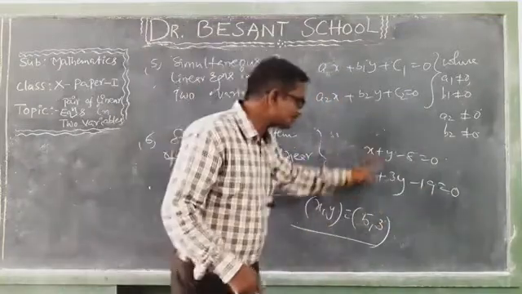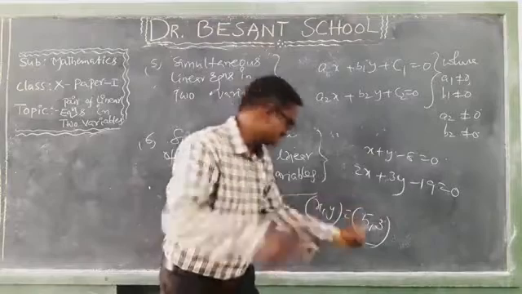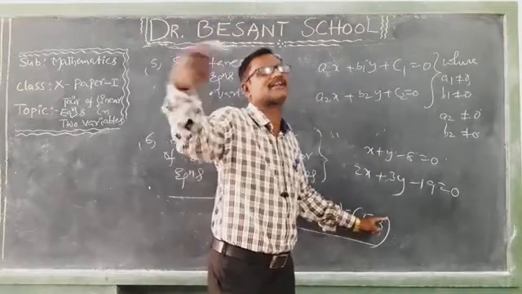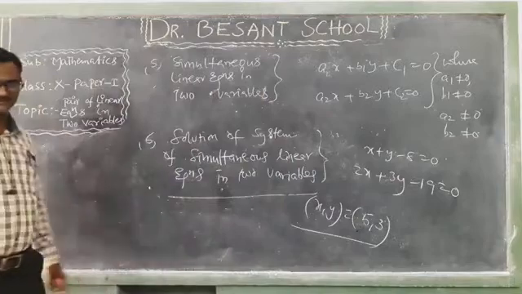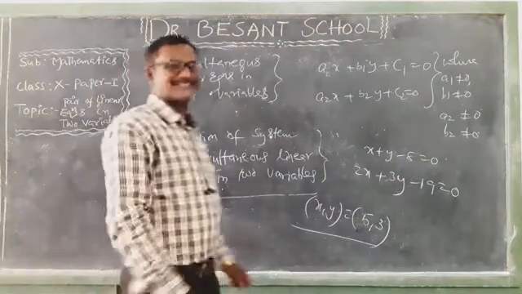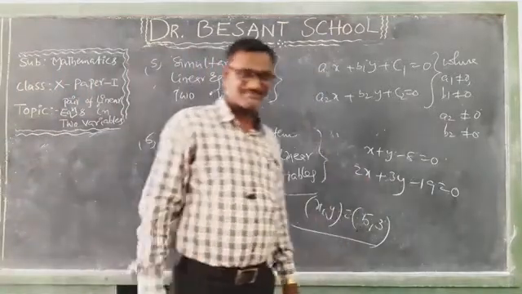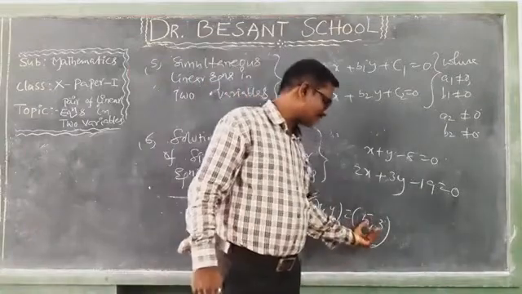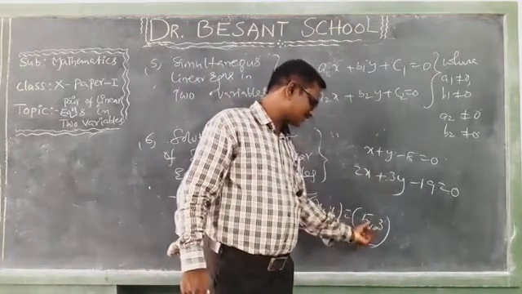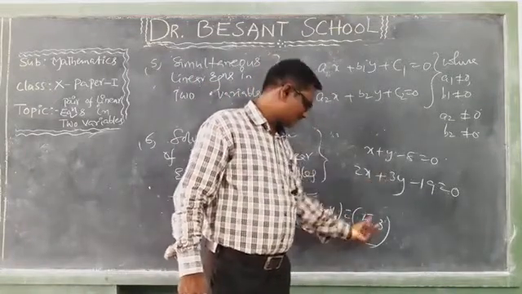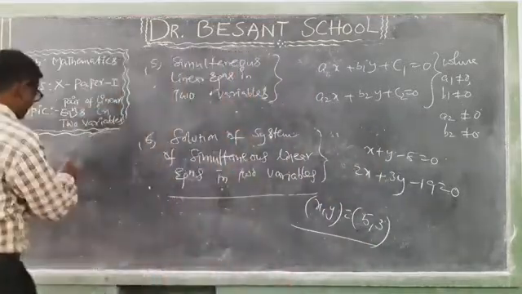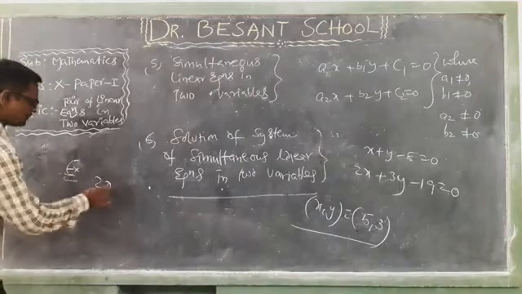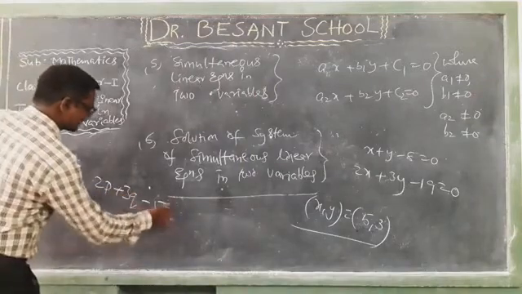So these two equations are satisfied at the same time for x = 5 and y = 3. So (5, 3) is the solution for the given two equations. Did you understand what is called the solution for the given two equations? Yes. The values of x and y that satisfy these equations are called the solution for the given equations. For example, let me write. See this one: 2p + 3q - 5 = 0.